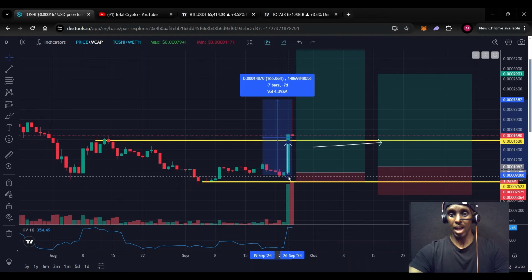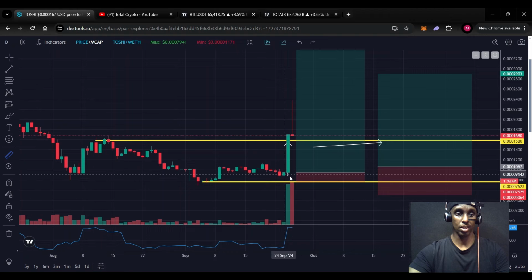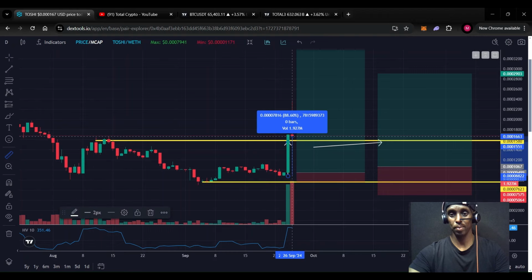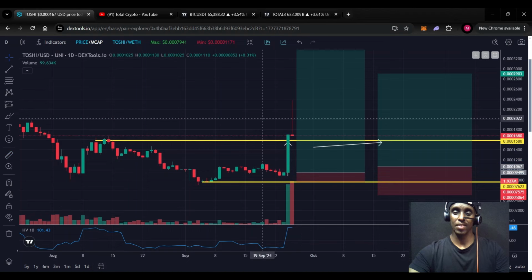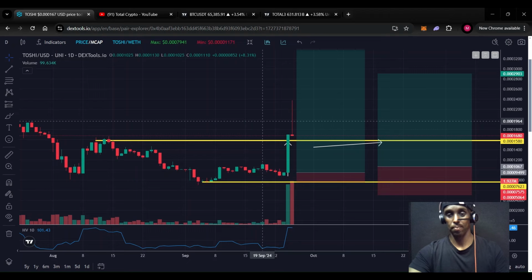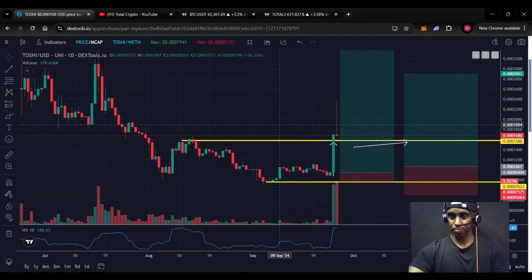But anyway, had you gone in yesterday for a trade, then you would have been up right away from the bottom all the way to the top at a 167% move to the upside, even without that massive move. Even from here today guys, that is still a whopping 88 or 87% move to the upside. So that's not too shabby. You trade with $1,000, that becomes $880. You trade with 100, and that's 88. You get the gist. But anyway, as long as we do hold this line right up here,